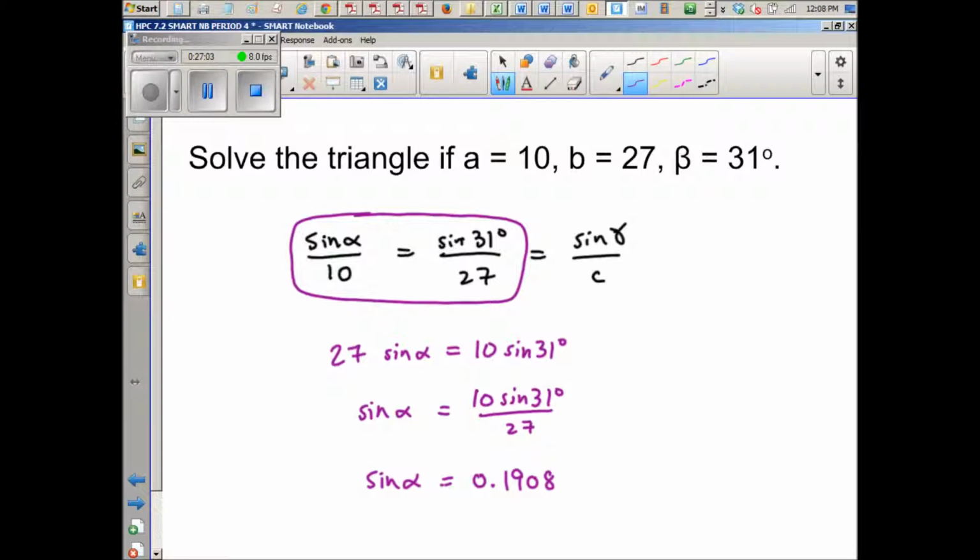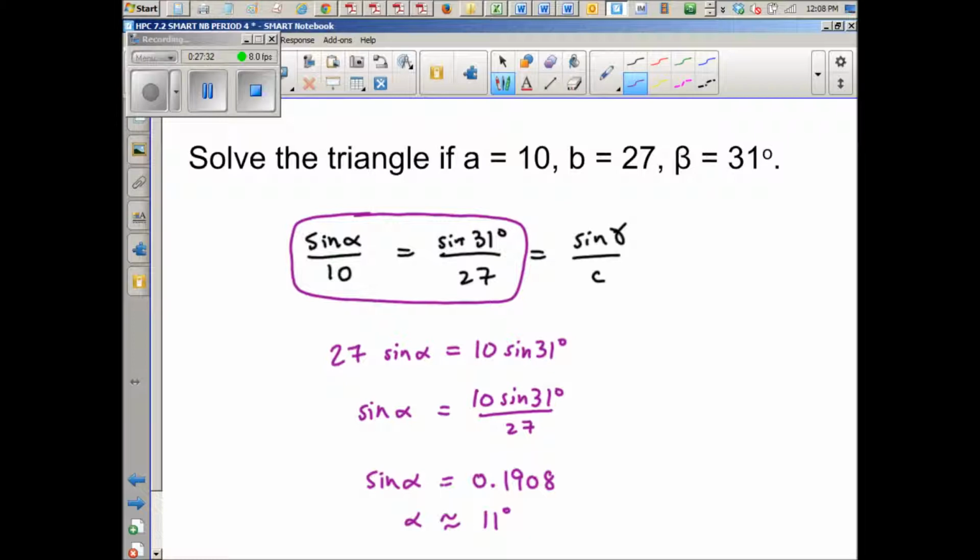How do you get alpha? What button do you use? The inverse sine button, correct? We'll give you multiple answers on this problem. So alpha, your calculator will say, is 11 degrees. I tried to round it to the nearest tenth, and it was 10.9968. So that's 11 degrees. And the thing about this is there's another possible answer,